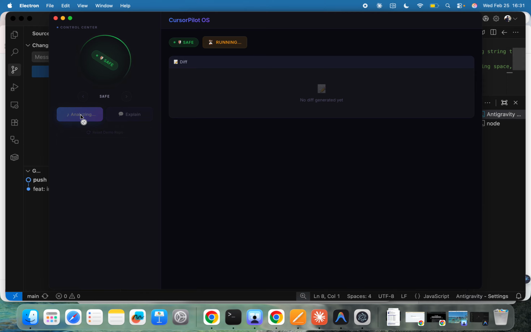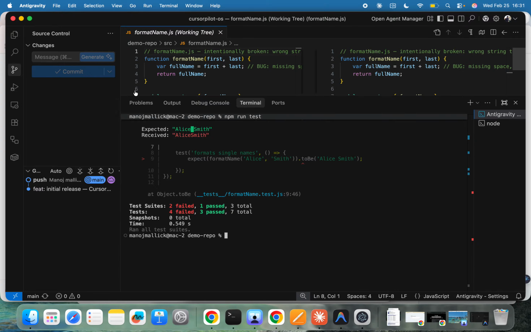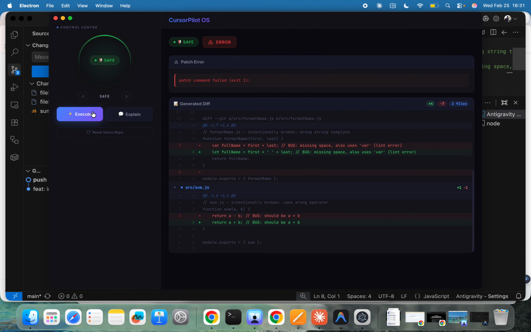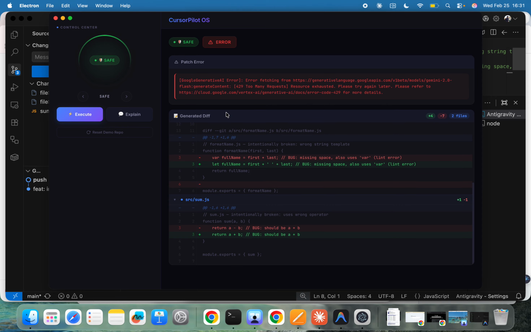Now I'll try to run on the safe mode. I also have my coding editor opened. You see it's running. So there's a glitch, so I'll try to run again. Yeah, so it seems like I have an issue with